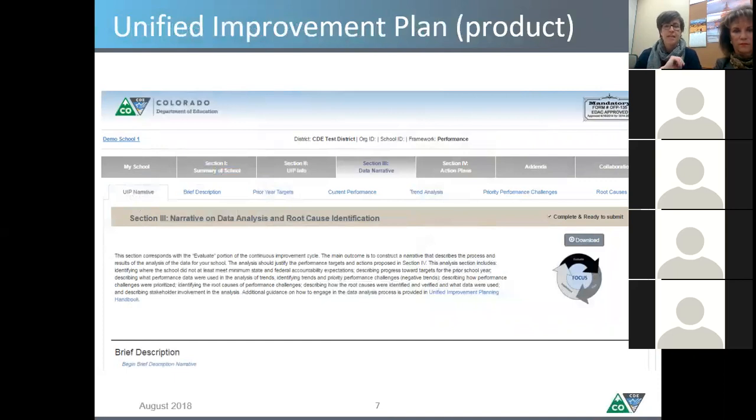And so, again, I know particularly for some of the gifted ed directors who don't always have direct access to this online system, I just wanted to give you a little visual. This is what the online system looks like. You can see across the top the different sections of the UIP. There's some information, again, that is pre-populated. There's the data narrative that outlines the subsequent sections, and then similarly, for section 4, we'll have those elements of the action plan. So the action planning, the targets, etc. So again, just kind of want to acknowledge that differentiation between process and product.